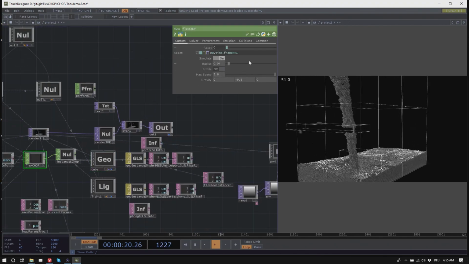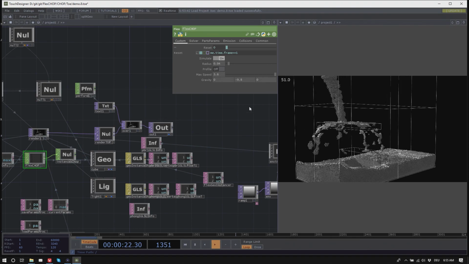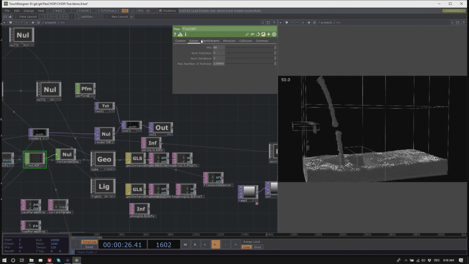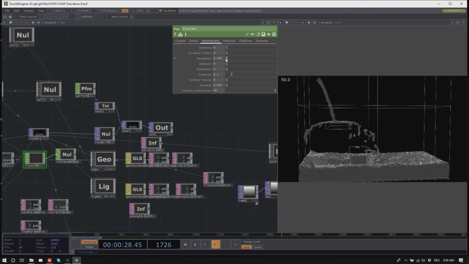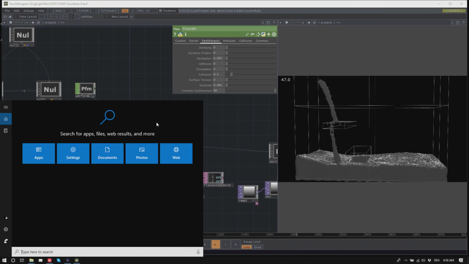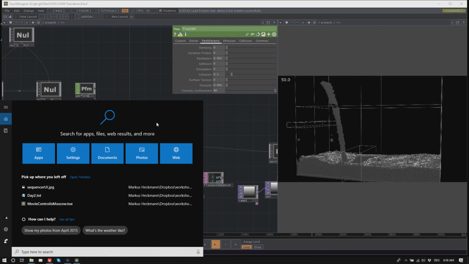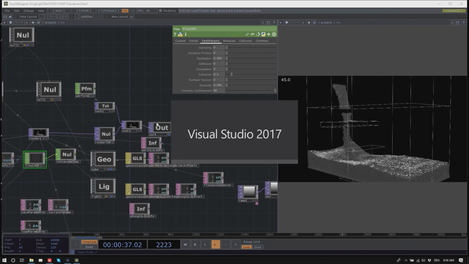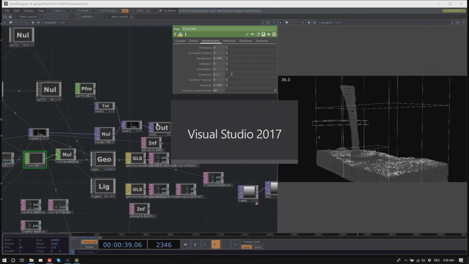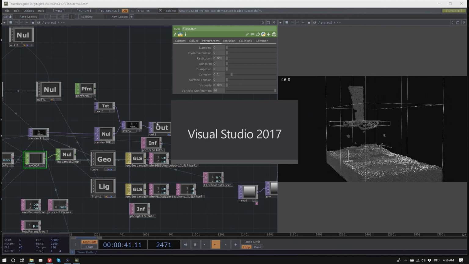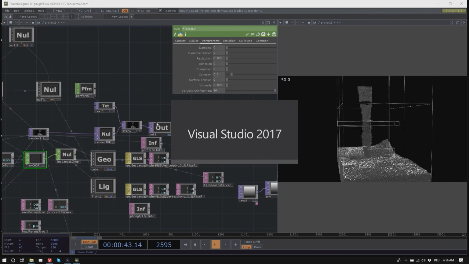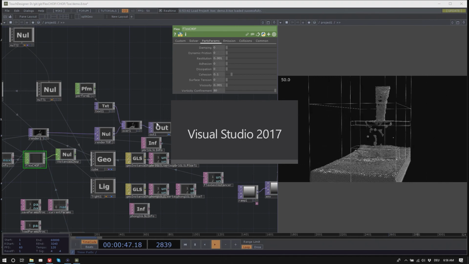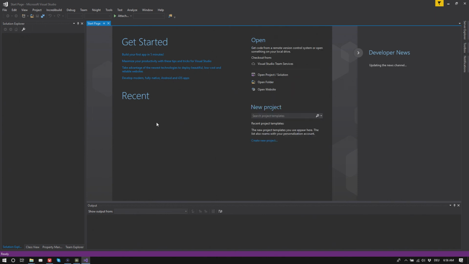But this is a fun project to explore and play around with. And if you get it from GitHub, then you also get all the source code that comes with it. So if you like to program C++, then here you've got a good starting point for such a fluid system.